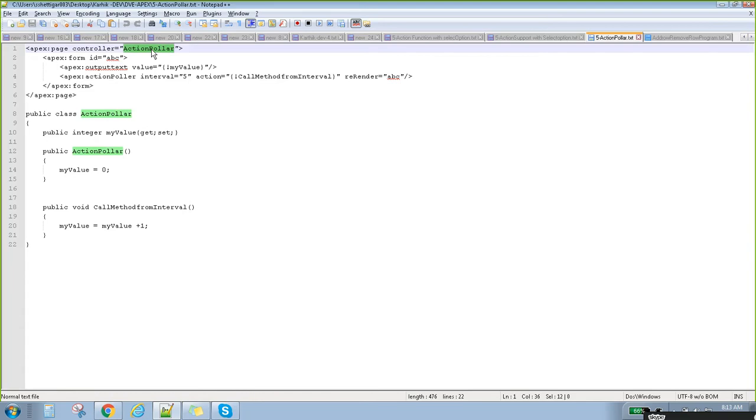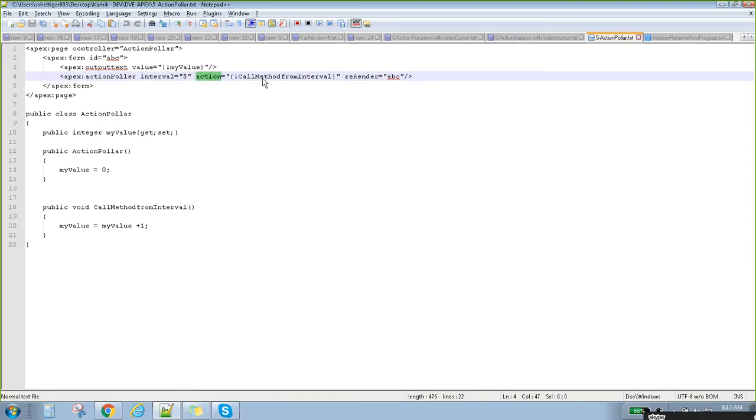In action poller, we have to mention an interval. The interval will be in seconds. Action poller is a tag, and the interval is 5 seconds.